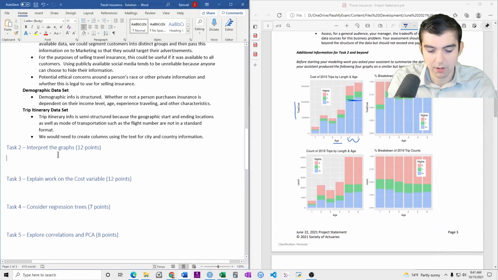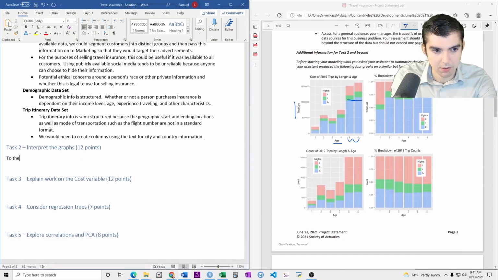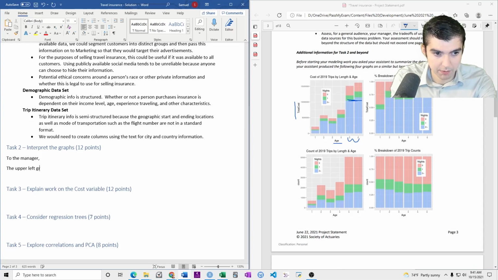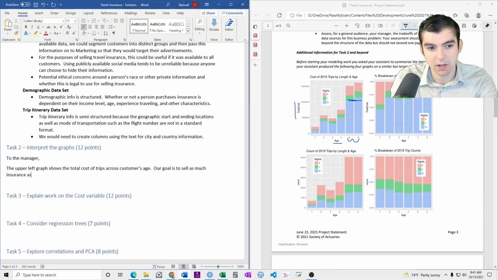So I would say to the manager, the upper left graph shows the total cost of trips across customers' age. Well, our goal is to sell as much insurance as possible, and so we should target our efforts on older people who spend more on travel.